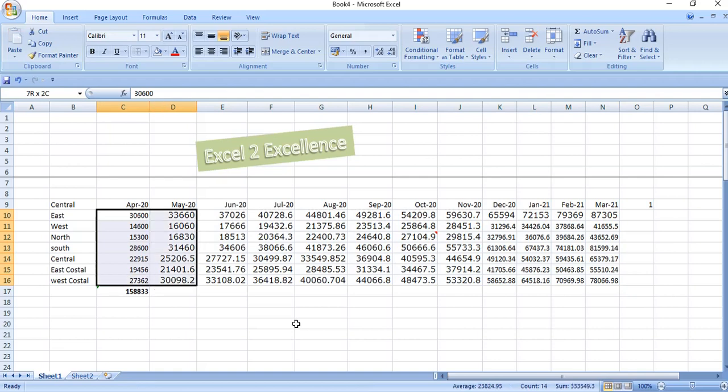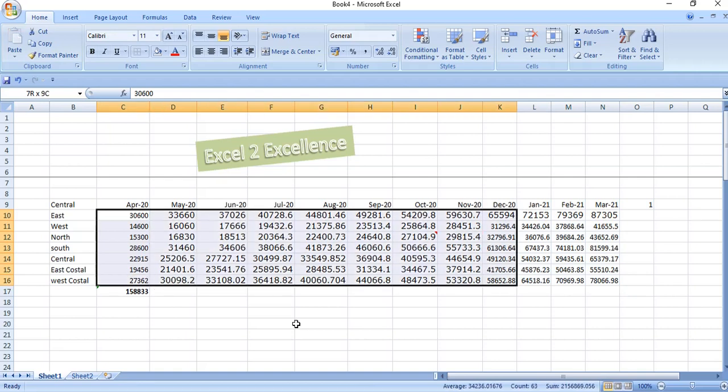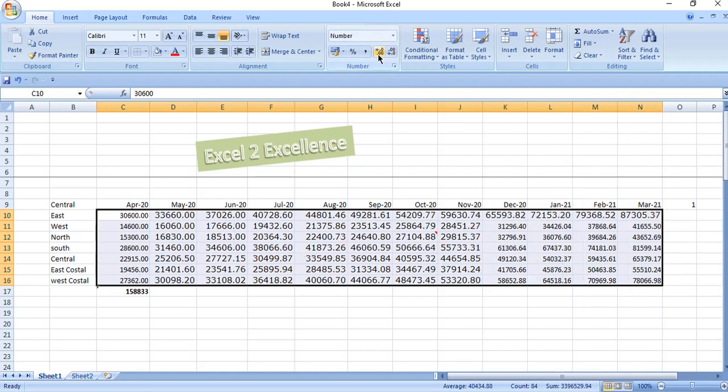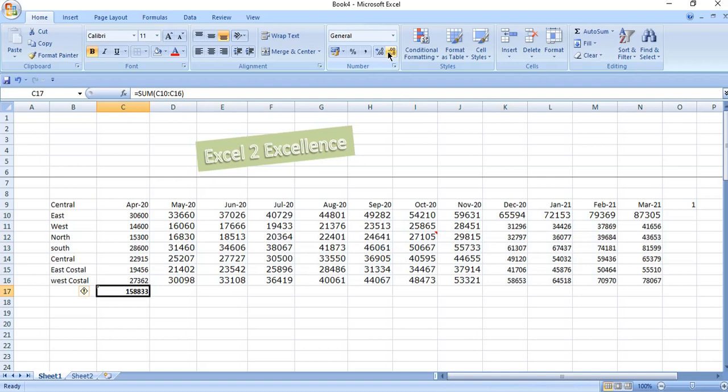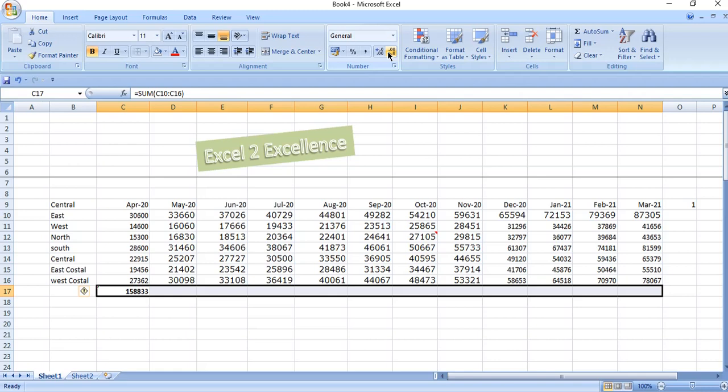Some of our data is in decimals and our report is not looking much better. So with the help of increase decimal or decrease decimal, we can make it uniform. First increase, now decrease it. Say I want to have whole numbers. Summation for the month April 20 is given. Again we can copy this formula to the entire data range. Select the entire data range and press Ctrl R. Now I have summation for each and every month. In a similar manner we can adjust its decimal places, first increase and then decrease.